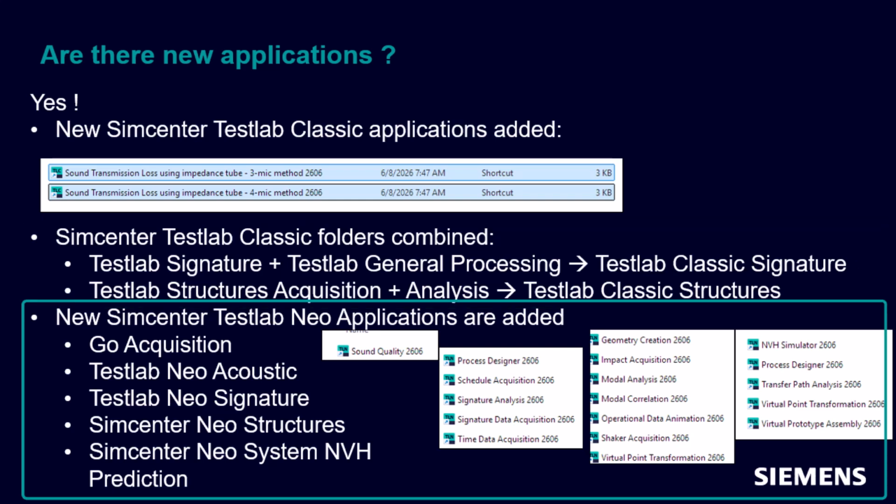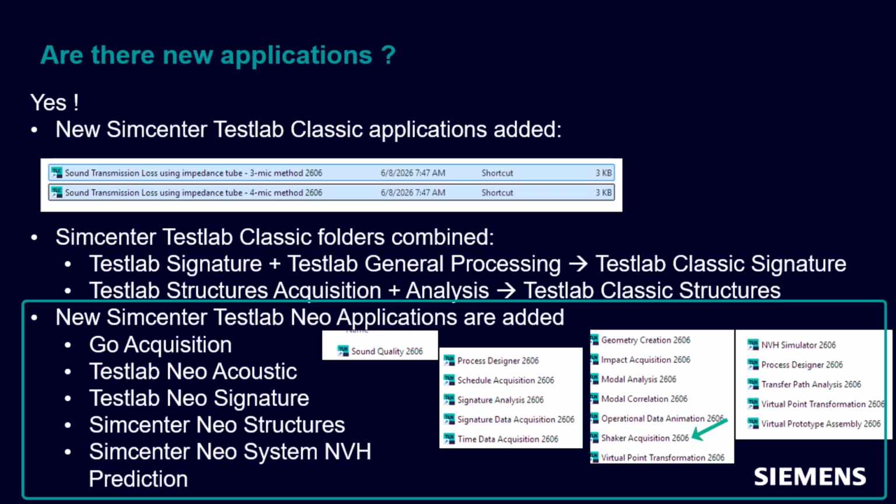We've also added some new folders for Neo. There's going to be an acoustic folder that has sound quality. Under Testlab Neo Signature, you're going to see Process Designer, Schedule Acquisition, which I'll talk about in a slide or two, Signature Analysis, which is signature data acquisition, as well as time data acquisition, which has no add-ins. Under Simcenter Testlab Neo Structures, there's geometry creation, impact acquisition, modal analysis, modal correlation, operational data animation, and what's new